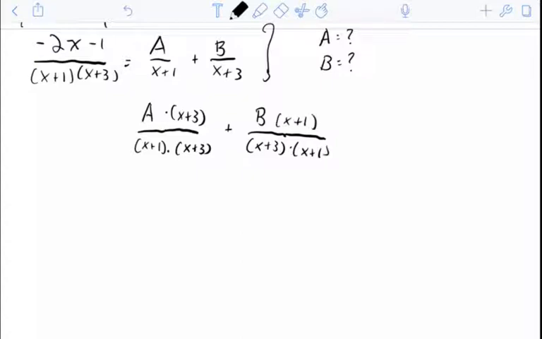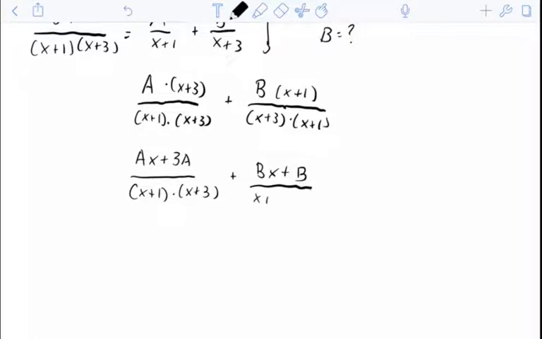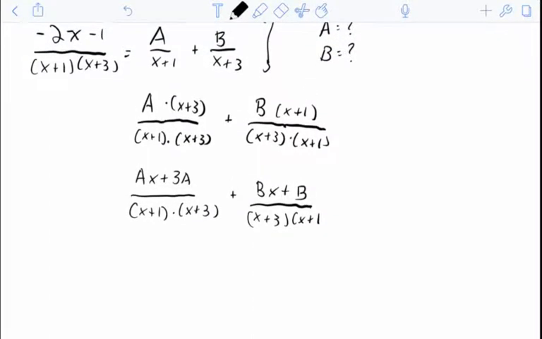And now I multiply everything out. So this becomes ax plus 3a over x plus 1 times x plus 3, plus bx plus b